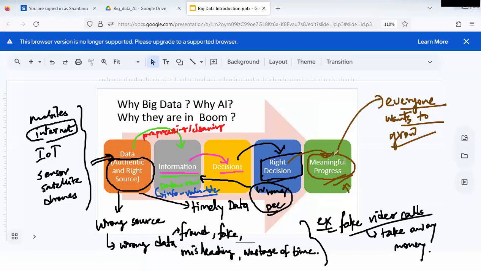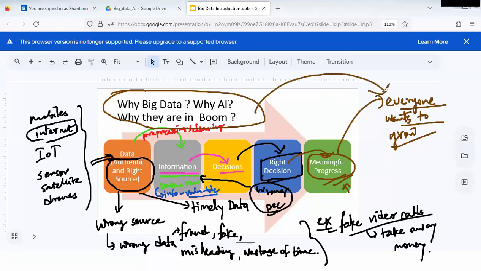Everyone, I can see that, raise their hand. So the point is that everyone wants to grow. So finally, this whole thing, why are big data and AI in boom? One single answer is everyone wants to grow. Everyone wants to become more and more happy. So that is the whole thing, that people are collecting data from the world, then they're extracting some information, meaningful